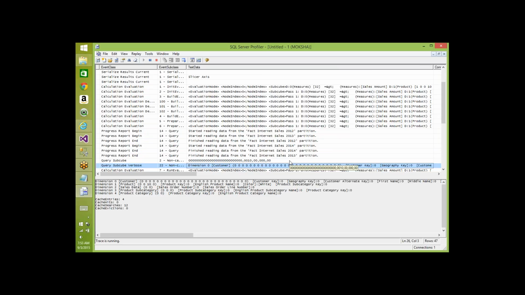This is called automatic slicing. So when you process, and based on the threshold value set in the msmdsrv.ini file, the partition slices will be created